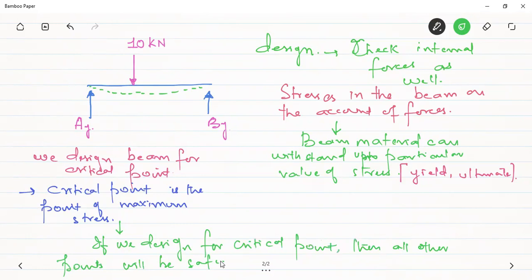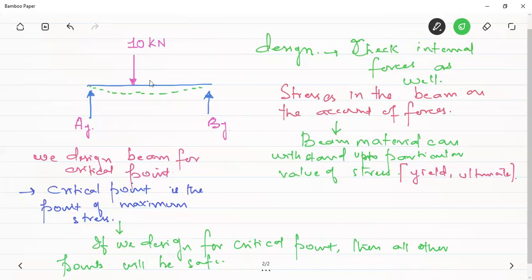So that's why we need to find where within the beam we have the maximum loading. Therefore we have to determine where the maximum load will be within the beam. For that we don't need only the external forces. We need to find the internal forces at different sections of the beam. The section of the beam where we have the maximum force will become the critical section. We will design the beam for that loading, and all the rest of the points will be safe.